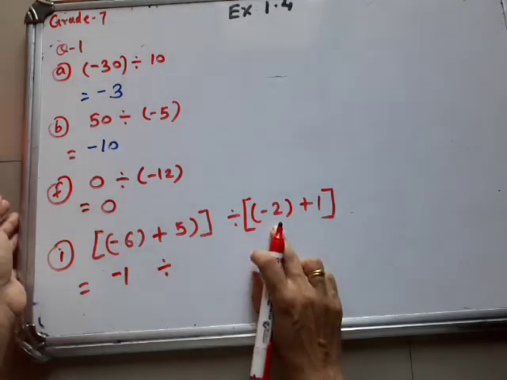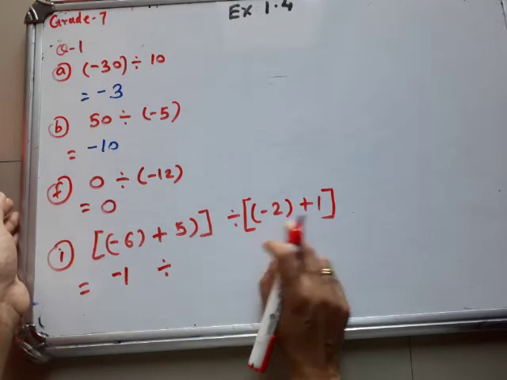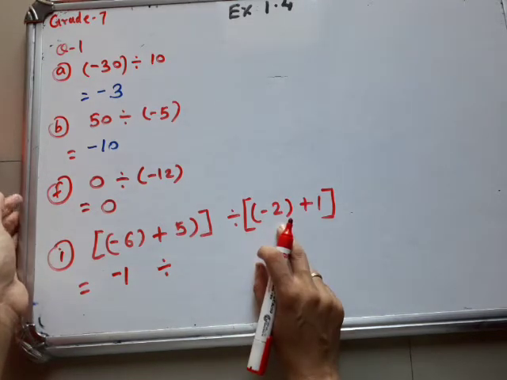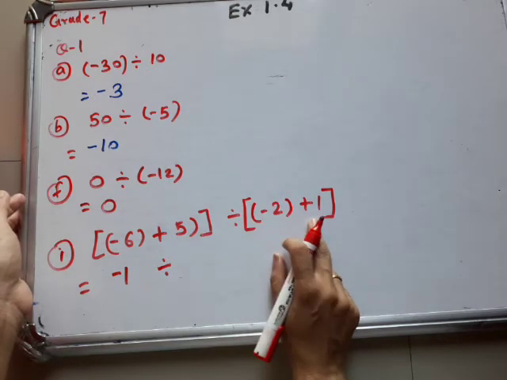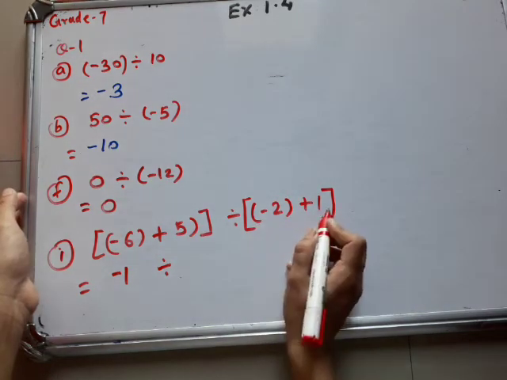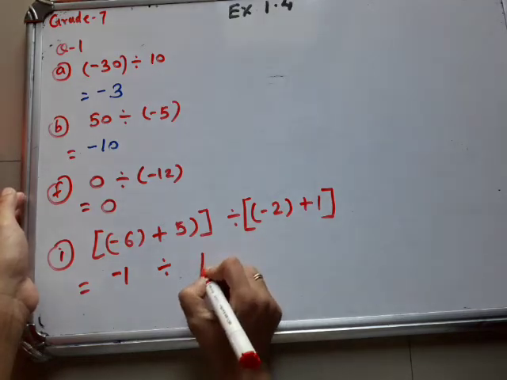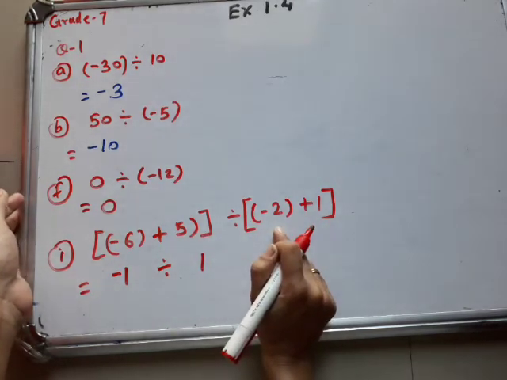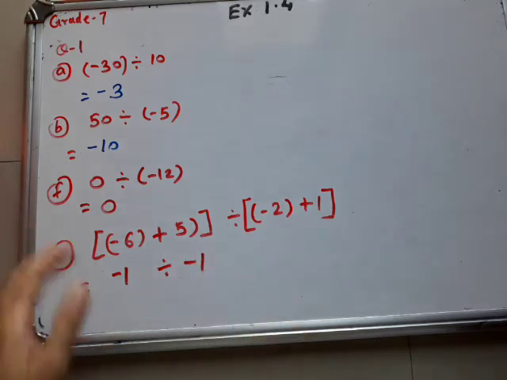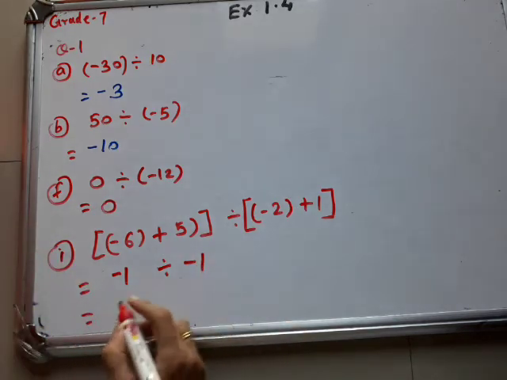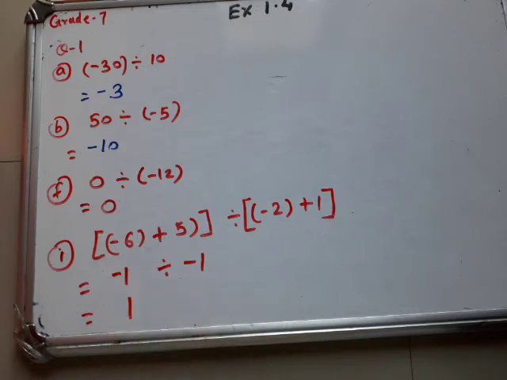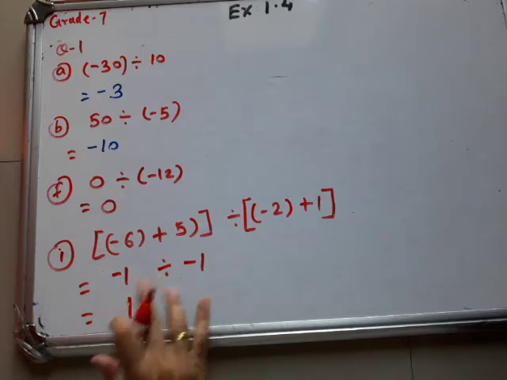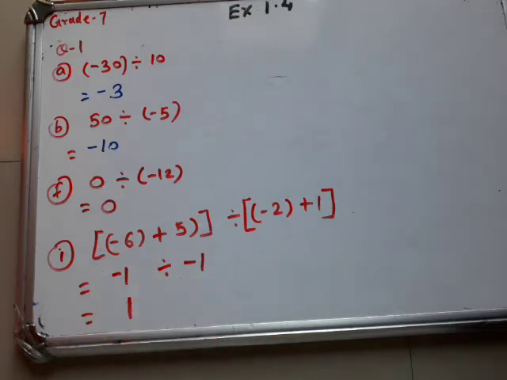Divided by, again see here, one sign is negative and one positive, so here again we do the subtraction. Minus 2 plus 1. So 2 minus 1 we get 1, and which is the greater number here? 2 is the greater number, so we write minus 1. So minus 1 divided by minus 1, 1 divided by 1 we get 1, and both are negative integers, so we get a positive integer. This is your last question from question number 1.